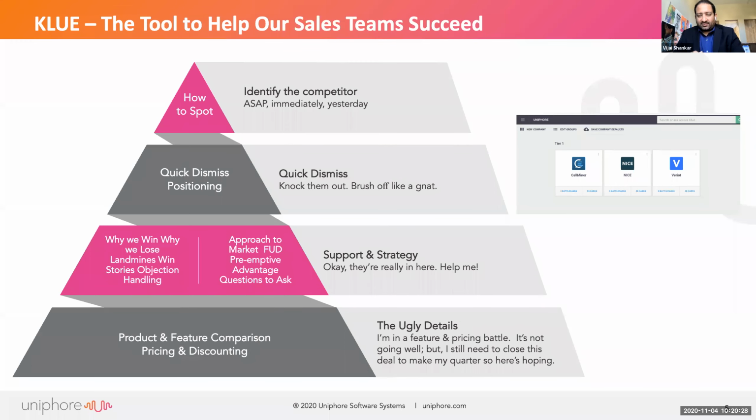But as time passed, what we heard from sales is that, hey, the battle cards we have in Clue are very text heavy and there's a lot of information. How do you make it more consumable for us so we can take the content in bite-sized information? And it's a very common problem today. I should probably blame Twitter for it, because a lot of people right now, unfortunately, have limited